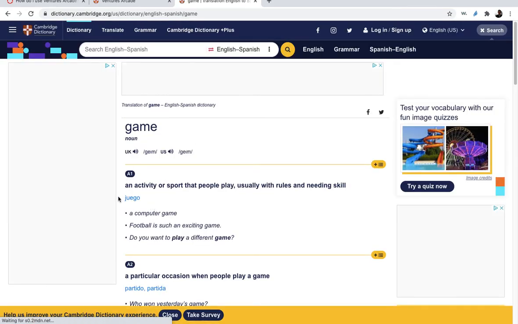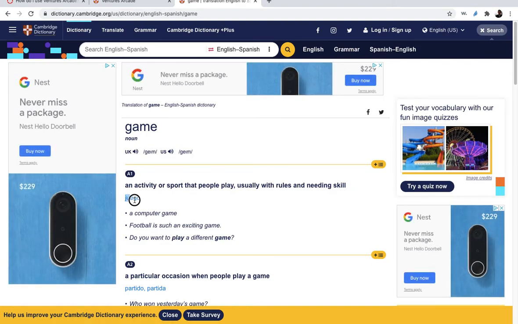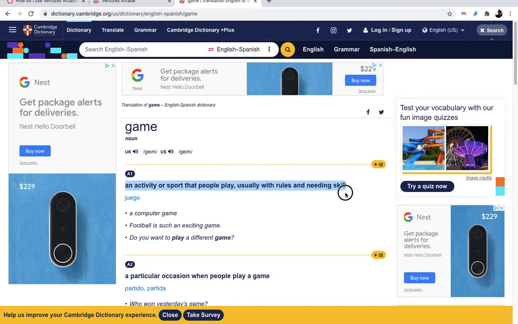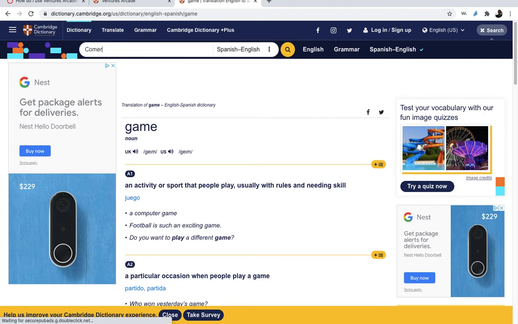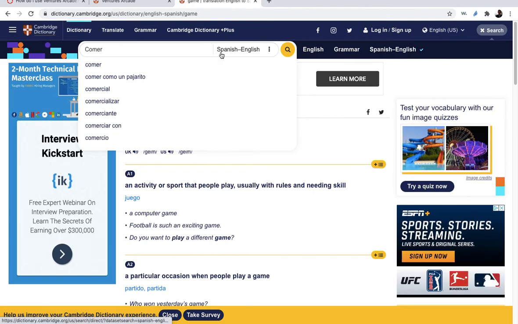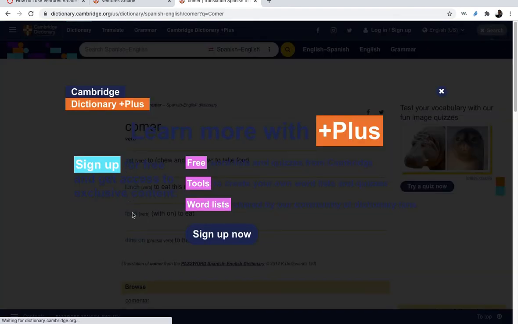Now, here's the meaning in Spanish, and here is what it actually means in English, right? We can also go from Spanish to English if we click on the button where it says Spanish English and type up a word in Spanish. So for example, if we say this, okay, click on the yellow button to search, and